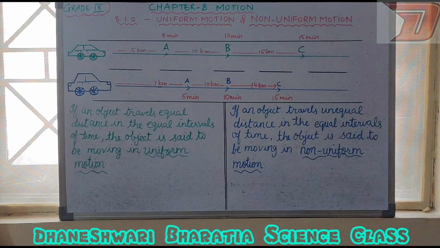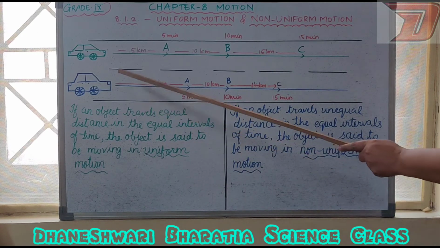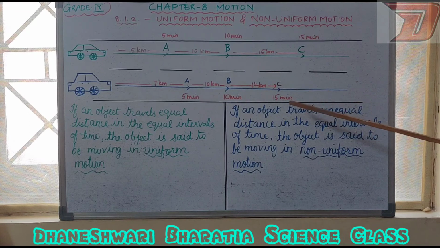Other example of uniform motion you can observe when you see your wristwatch, all the hands are moving with the uniform motion, isn't it? And when the car is moving on the road with the equal distance covered in equal interval of time, that is also called uniform motion, as we have discussed here. Now here, due to the traffic, this car has faced non-uniform motion, right? The other example for non-uniform motion will be the bouncing of a ball. When you are playing with a ball, it moves with a non-uniform motion.